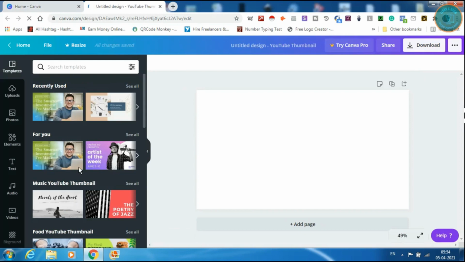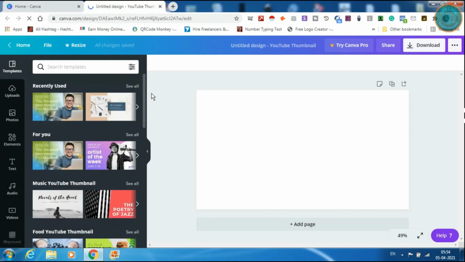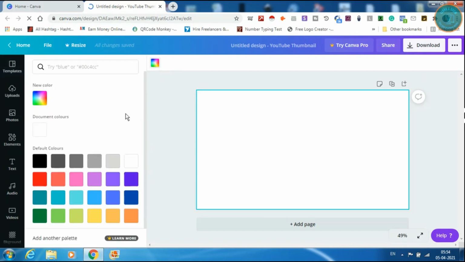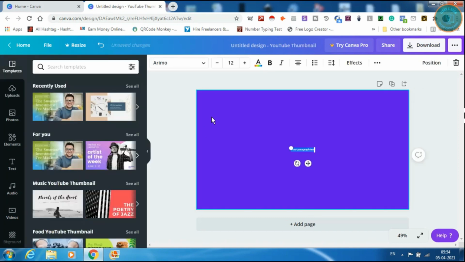And it is showing a number of templates that are already available inside Canva, but we will be starting from scratch and we will be choosing a blank screen here. Let us choose a background color first, and let us choose this one, purple, and we put some text here. By pressing T on the keyboard, we are just typing the text here. Let us say how to design,